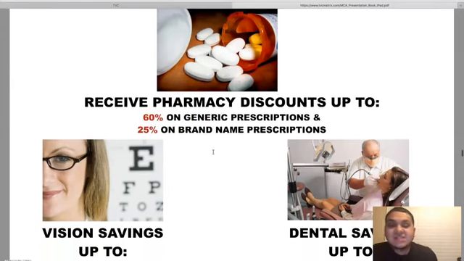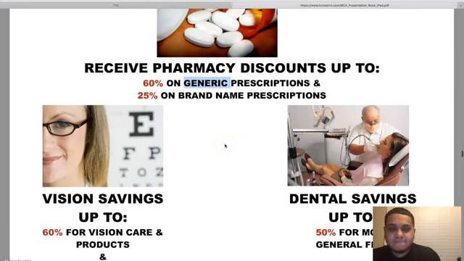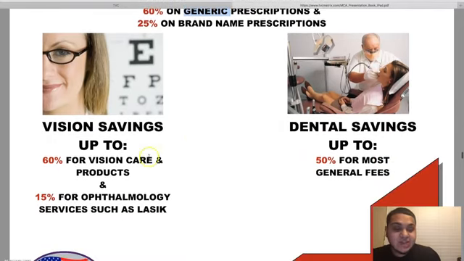And especially for people who don't have insurance that covers prescriptions, this is great for them. If you're someone that gets a lot of prescriptions, or even if you only get prescriptions once a month or once a year, it still saves you a ton of money, especially when you're getting prescriptions that cost $50 to $100 for each. And for vision care, every time I go get my contacts, for example, I save at least 60% off, and I get them like every 2 months,